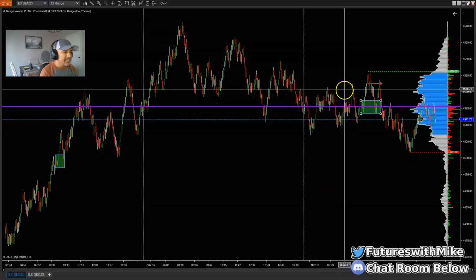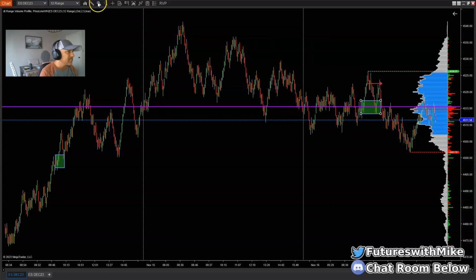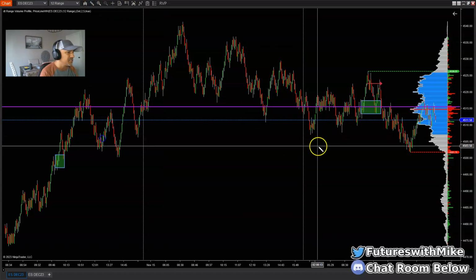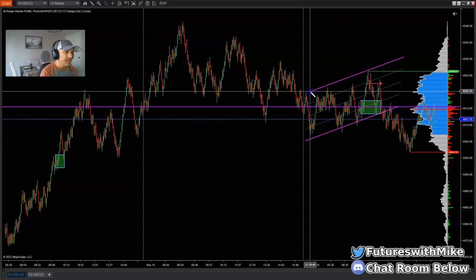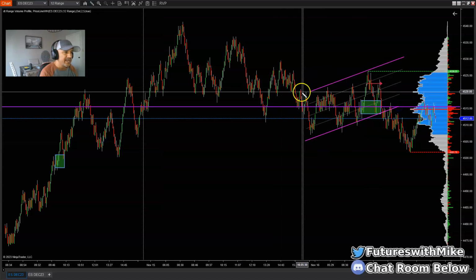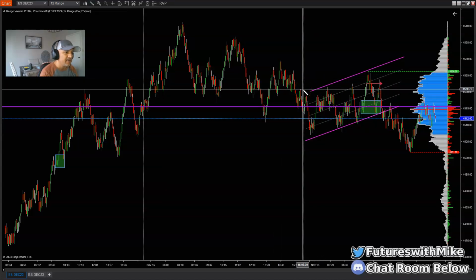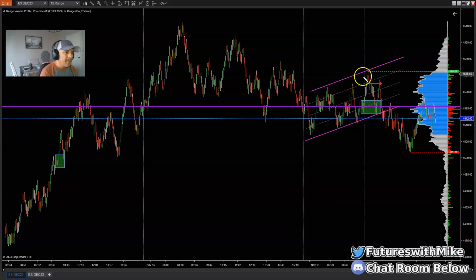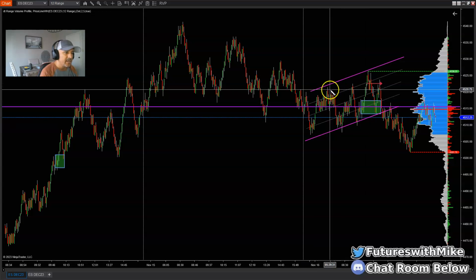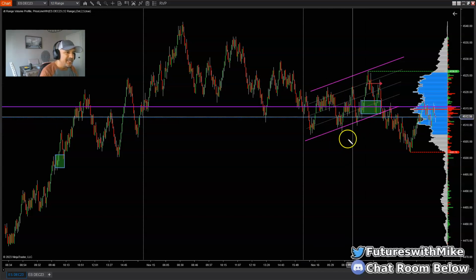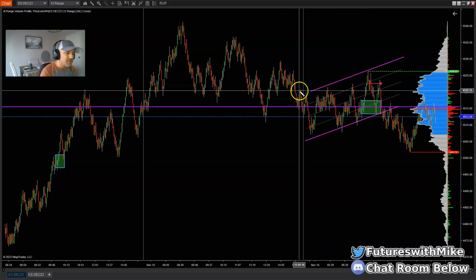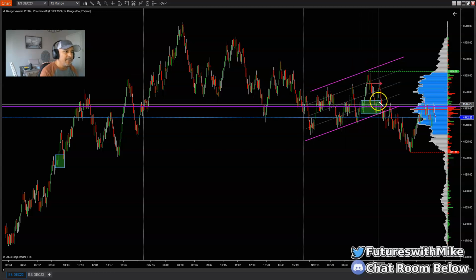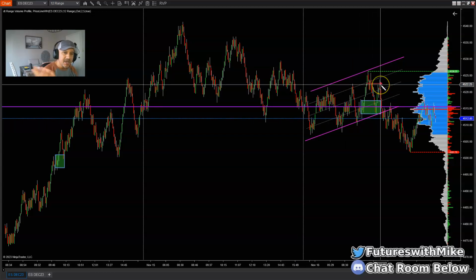I saw that we were edging our way, making a small channel back to the upside, just to show you real quick. Higher highs, higher lows. Took out a small area of internal structure right here, okay? Broke higher, took out structure here, okay? Broke higher, took out structure right here. So we are breaking structure to the upside and breaking through internal structure right here. Pull back to a key area of demand, take a shot going long.